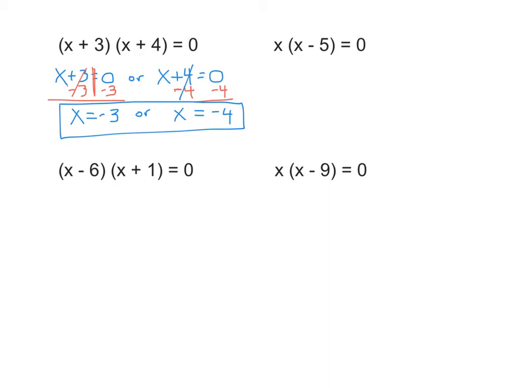So let's try this second one on the right here. Okay, so this time we have x times x minus 5. We're multiplying two factors, and we're going to get 0. So our job is to find out what the values of x can be, and we get 0 when we multiply them. So we're going to do the same process using the zero product property, which tells us that if